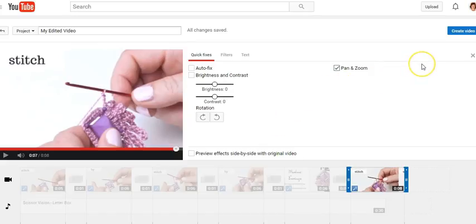And if you're happy with that, give it a title here, and then click on Create Video, and it will upload the video onto your YouTube channel. And then once it's uploaded, you can take the URL and you can post it onto your Facebook group or wherever you want to share it,